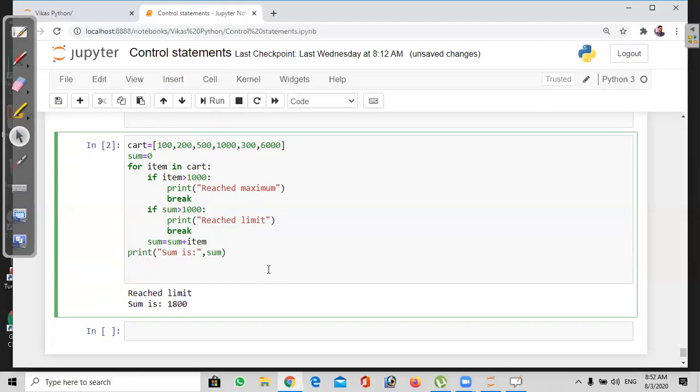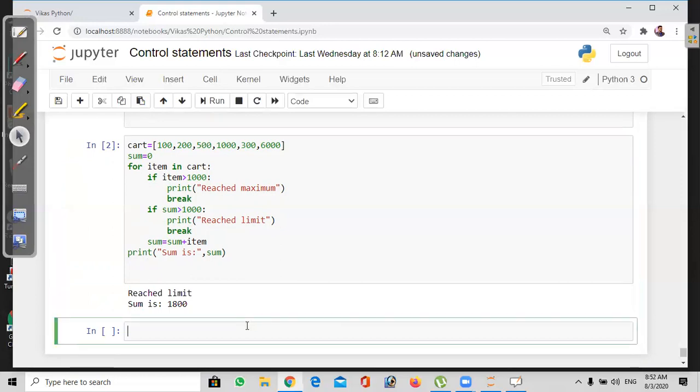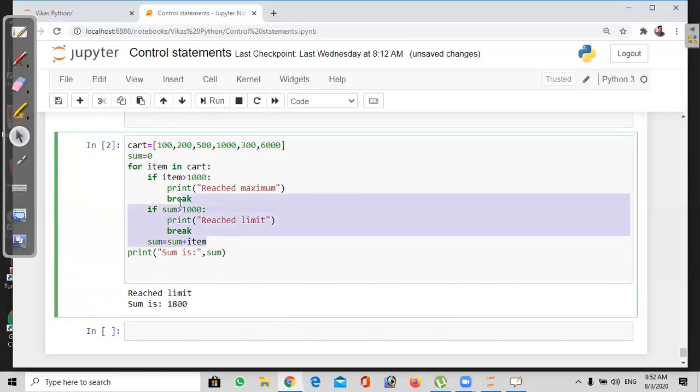Okay, so that means we can check the logic in different styles by applying the conditions of infinite loop, while loop, or nested loops. We checked it with the cart values, because this is continue and break. Now let me check with pass. For example, instead of break, we can also use the pass statement.